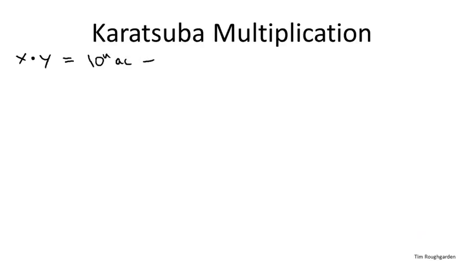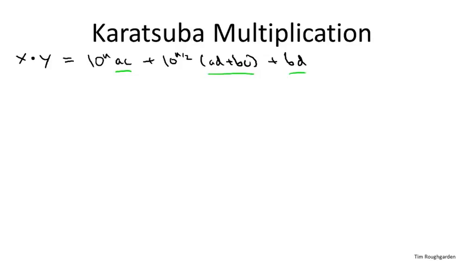So to explain this algorithm, let me write once again our expansion in terms of the n over 2 digit numbers. So we had the product x times y, which we wrote as 10 to the n AC plus 10 to the n over 2 (AD plus BC) plus BD. Now, the previous approach was, in recognition of the four products that we see in this expression, we made four recursive calls. So here's the trick, and this is really what Gauss figured out over 200 years ago, which is